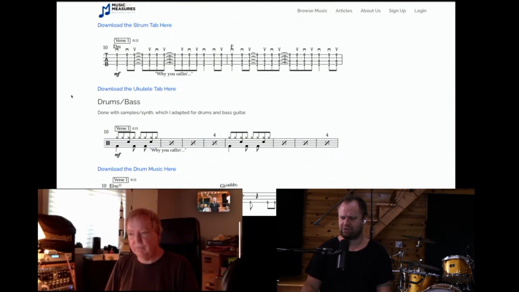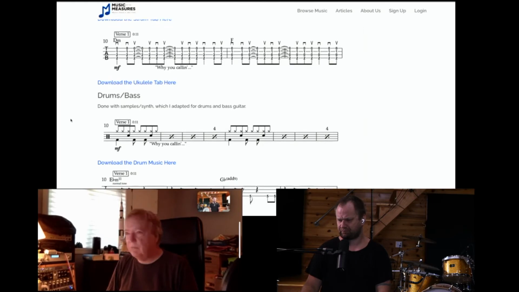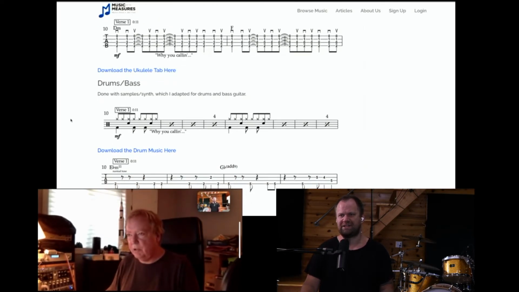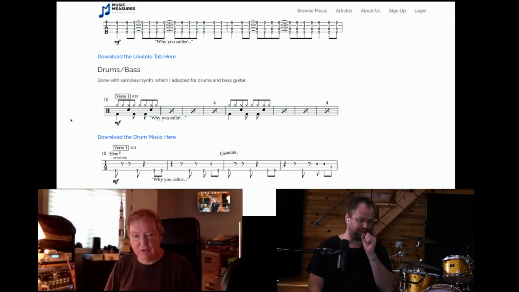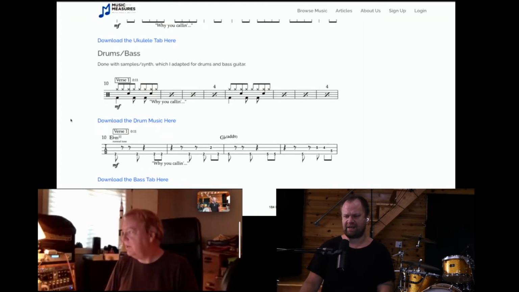We already talked about the drums, where we're guessing it's a sample. It's a fast song. I think it's like 174 if I remember correctly, or 184. So on drums, it's a little bit difficult to play that tempo. 184, yeah. See, I got decent memory. It's eighth notes, for sure. A while back I was working on this one for a video, and it was a challenge to keep that tempo up for me. I'm an okay drummer, right? A skilled drummer has a better technique, but that's a lot of eighth notes. And then the same thing with the bass.